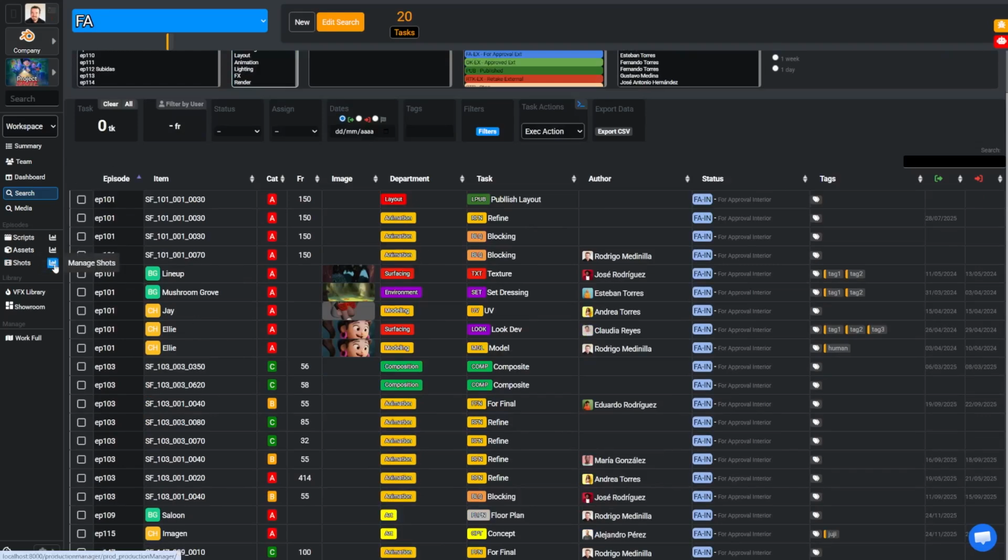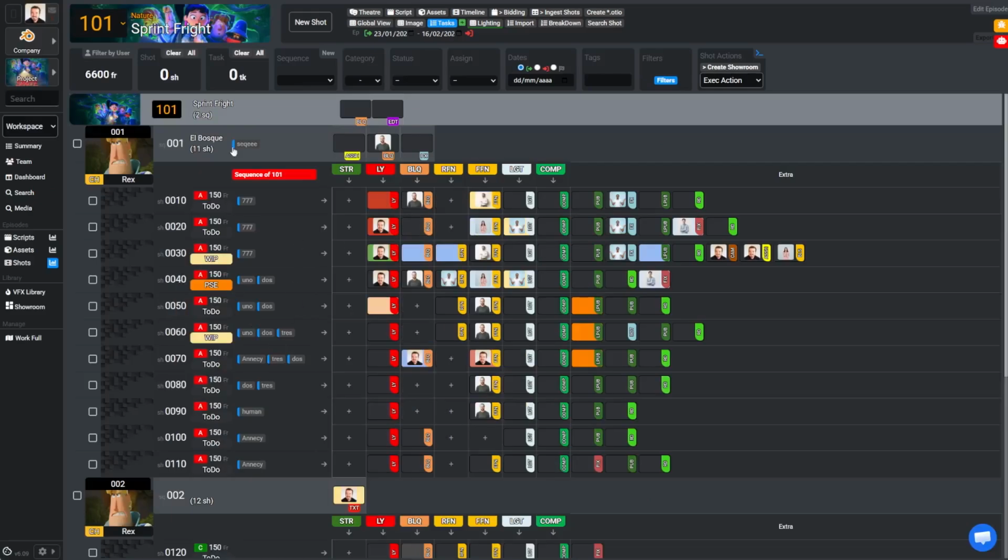Additionally, the system not only manages shot-level tasks, both sequences and episodes can also have their own tasks. In this way, there are sequence-level tasks, such as simulations or FX, that run throughout an entire scene or sequence, generating layers that can later be used as caches by other departments. Similarly, episode-level tasks, such as editorial, allow version control and task assignment for work that does not depend on individual shots or sequences, but instead operates at the episode level, enabling direct interaction with the material.